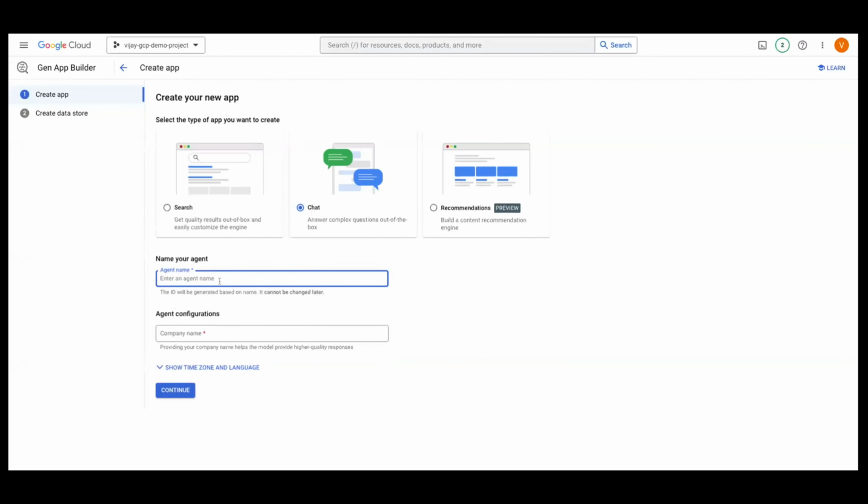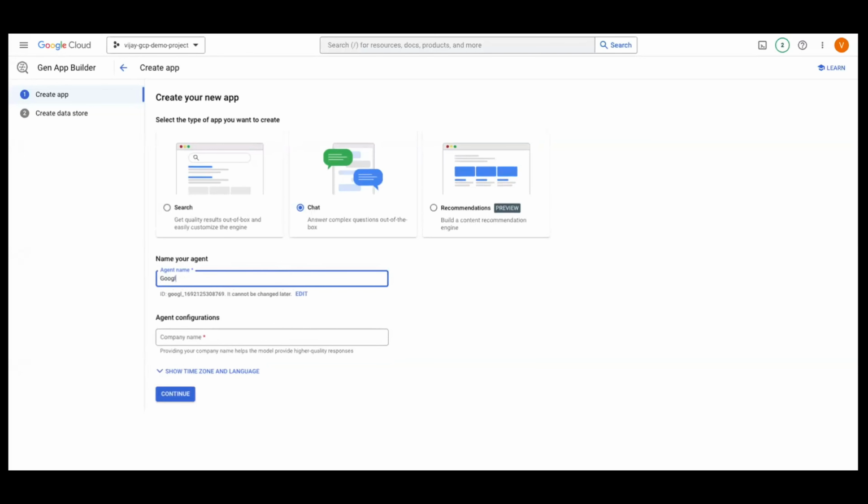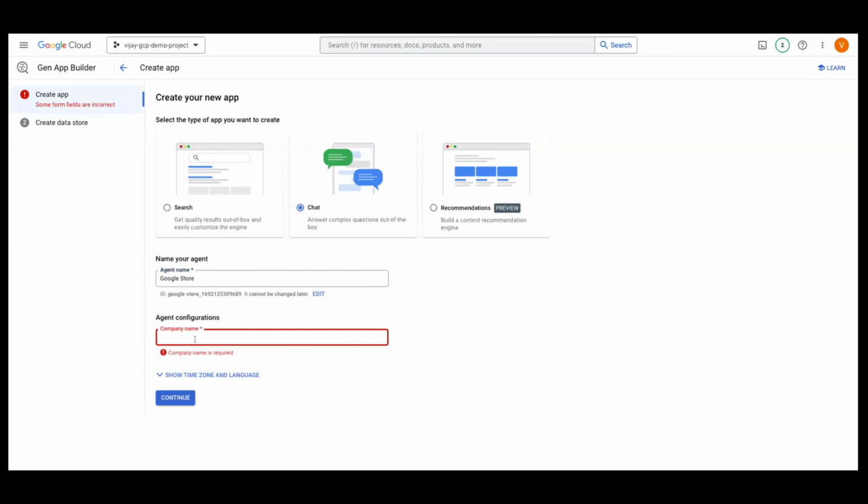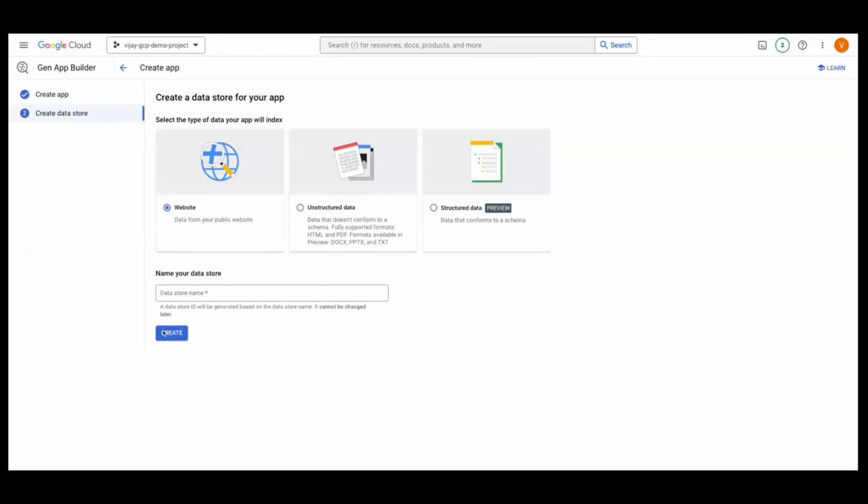This is the tab, and then I can say I want Google Store and continue. And then I can say Google here. And I can pick up the website or unstructured data or structured data. I have different options. Once I do that, it is going to create the